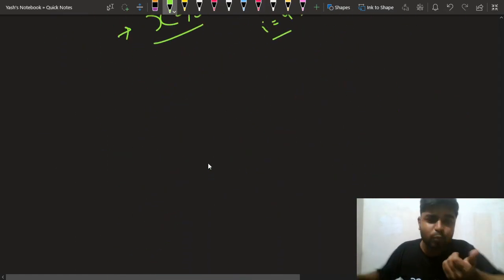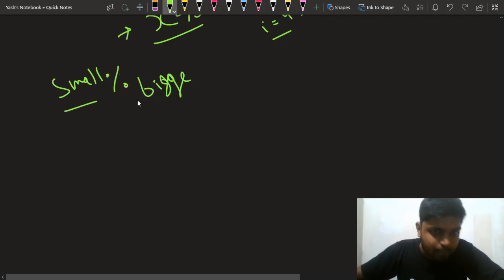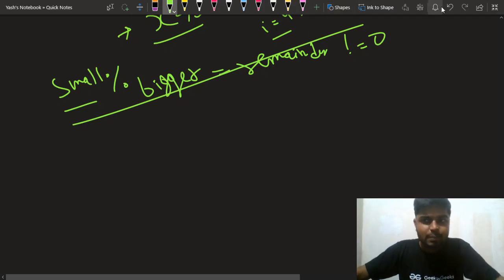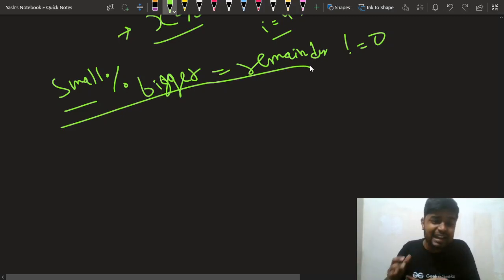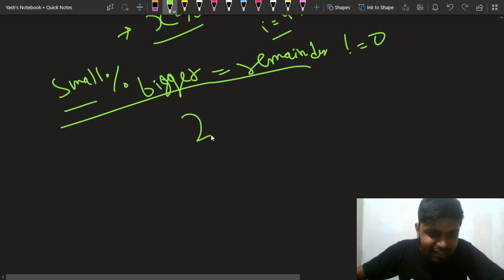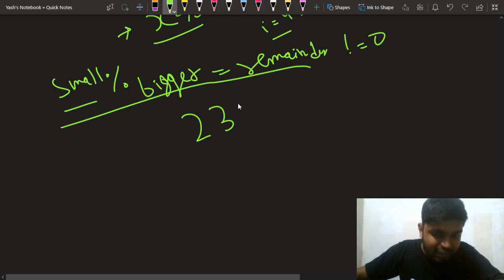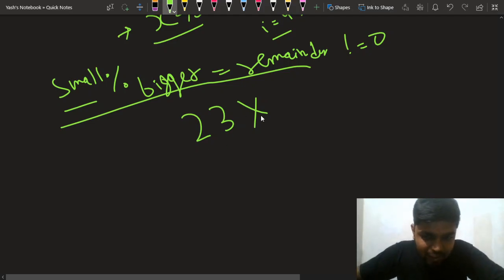whenever there is a situation such that I do the modulo of a smaller number with a bigger number, it will give me some remainder such that the remainder is not equal to 0, right? So this means that my remainder will be there. That simply means that I will not be iterating n times in the inner loop, right? So this is why the inner loop that I have placed inside the j loop will run at maximum 23 times or lesser in practice, for many test cases. So that is why order of 23 into n will be the time complexity for this problem,